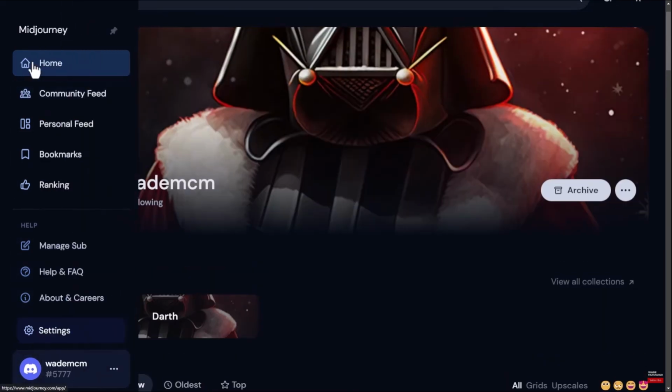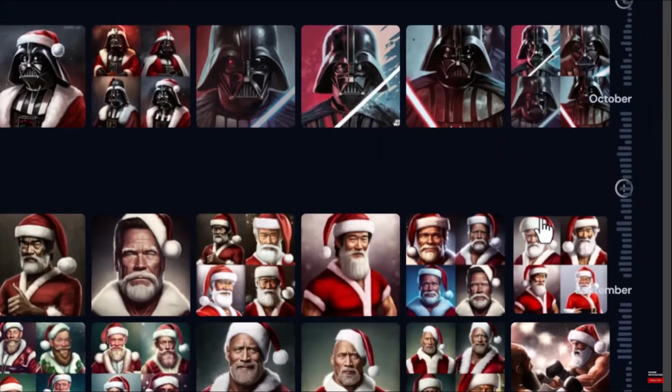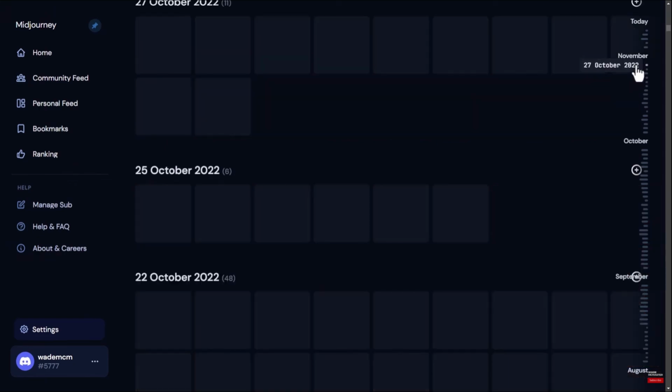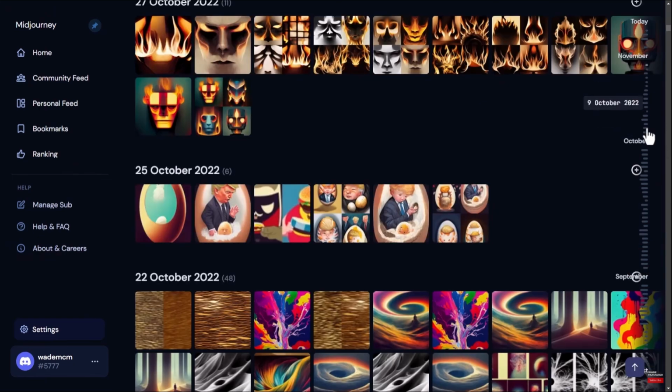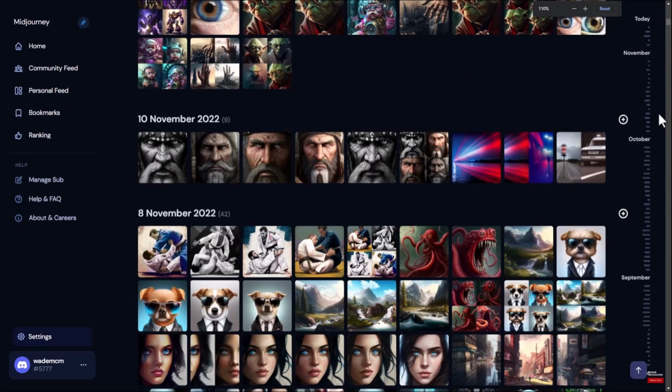So here you can click on Home, and you notice that there's an archive button on the right. So let's click on it. Now here we are going to see all the images that you have in Midjourney. So what you can do is you can scroll through your images here and select the ones that you want